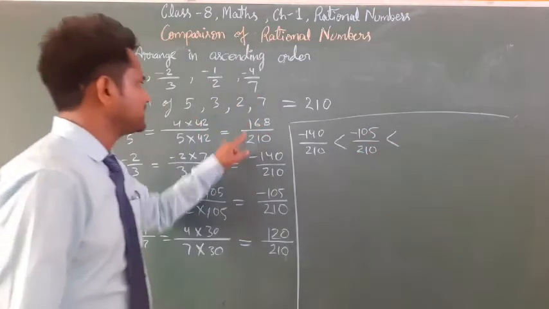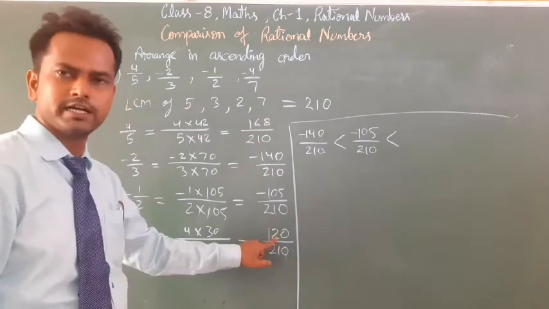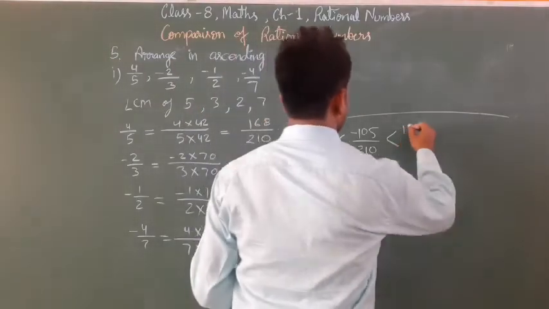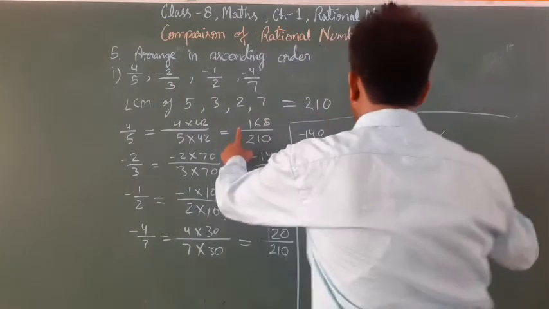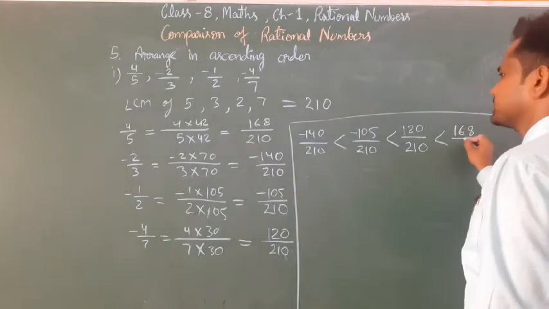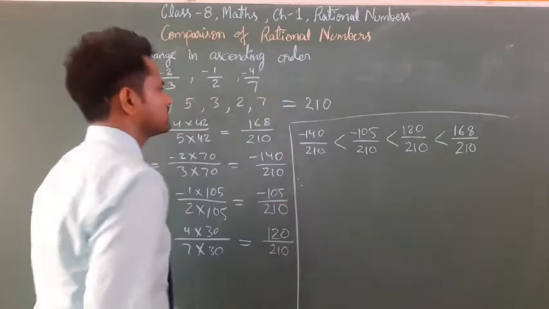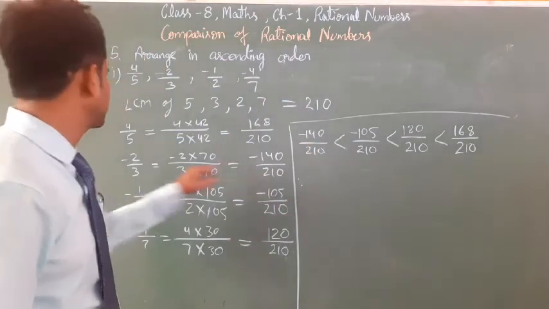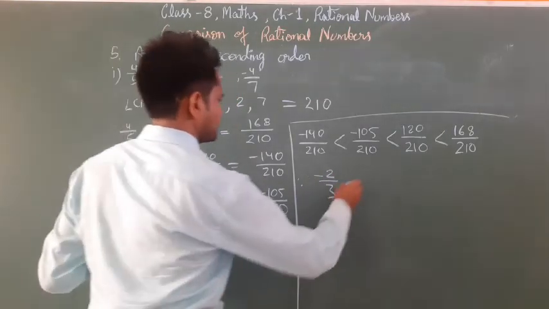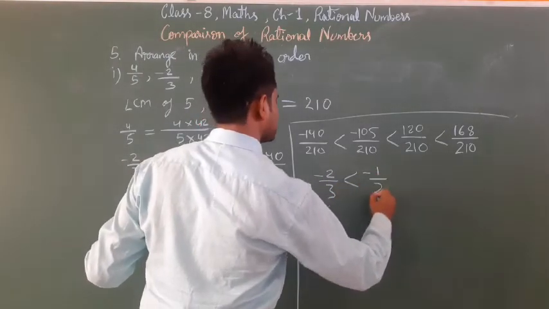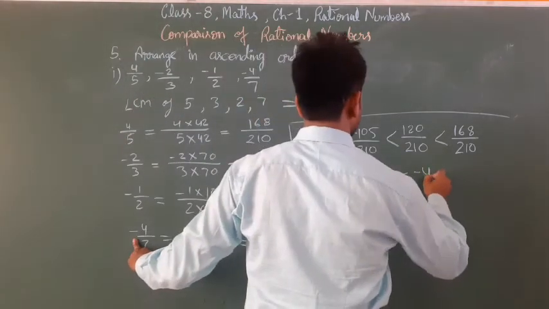After this, in 168 and 120, which one is smaller? 120. So 120 upon 210, and then the last one 168 upon 210. So therefore 140 upon 210, that is minus 2 by 3, less than minus 1 by 2, less than minus 4 by 7,